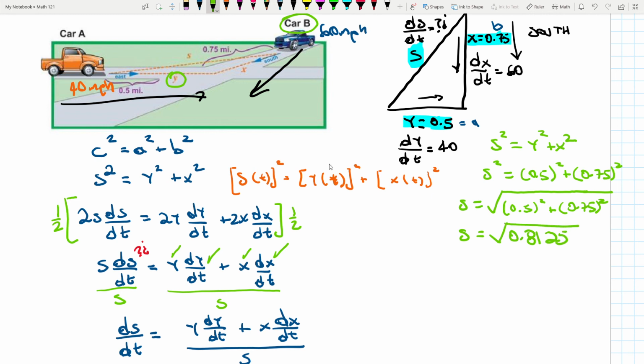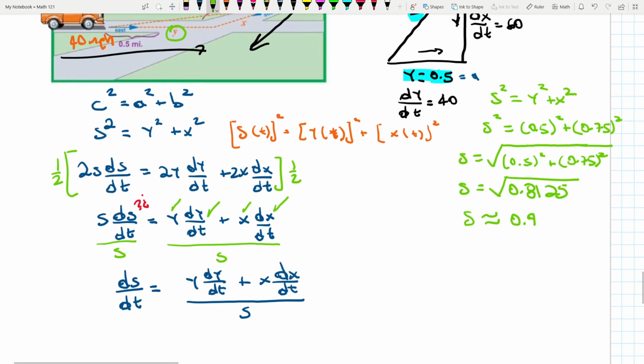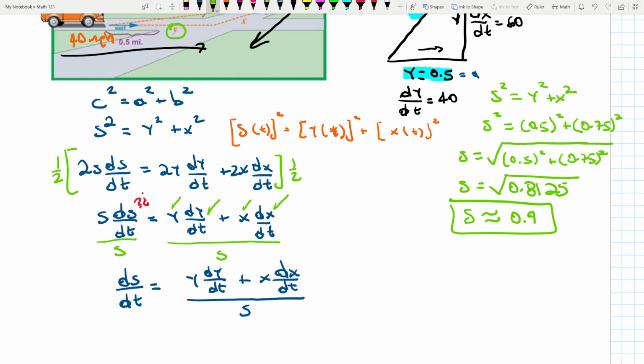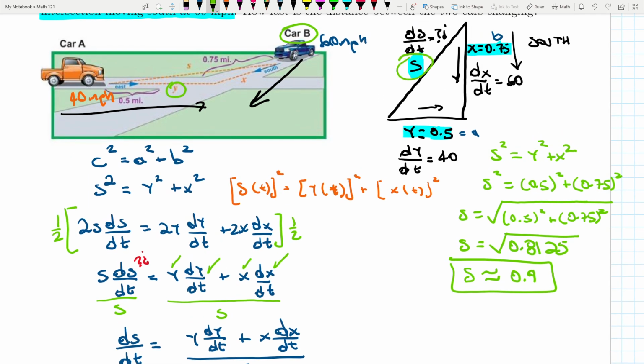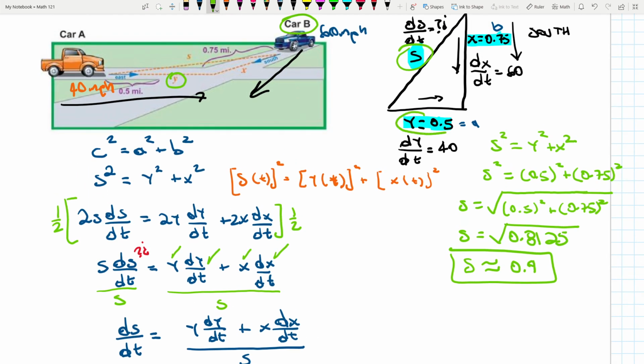And the square root of that number will be approximately 0.9. Okay, so now that we have that piece of information, s at the moment when y equals 0.5 and x equals 0.75,